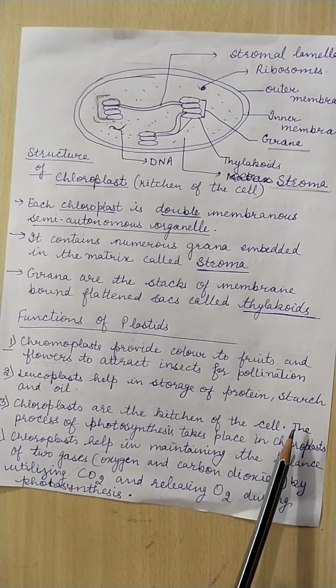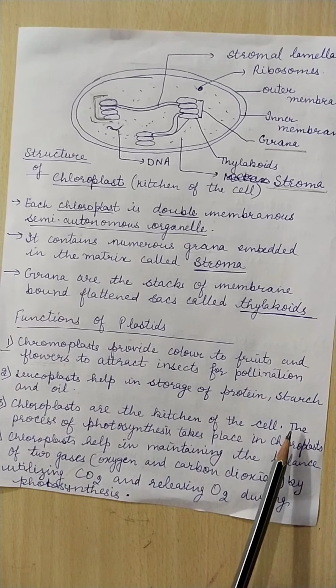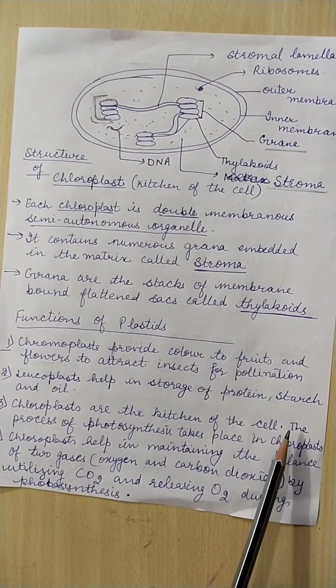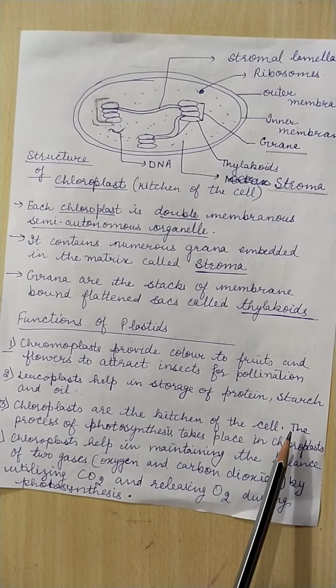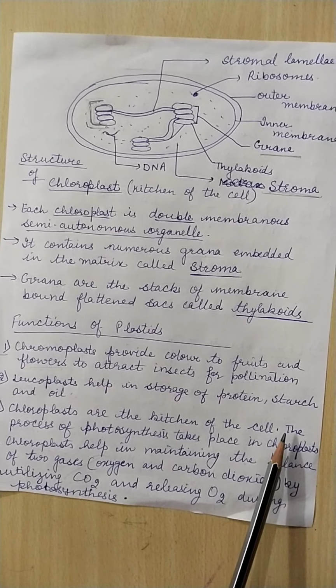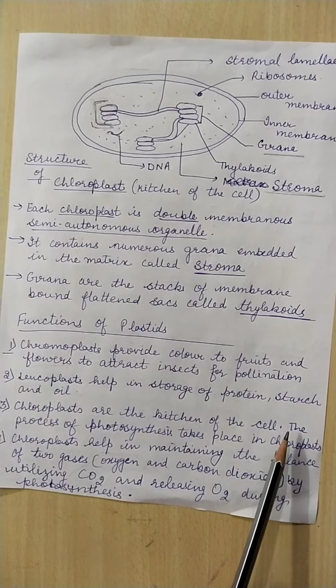So in our today's video, children, we discussed the Golgi apparatus and plastids. Now two more organelles, vacuoles and lysosomes, are left, which we will discuss, and one last topic, cell division, which we will complete tomorrow, and the chapter will be finished.